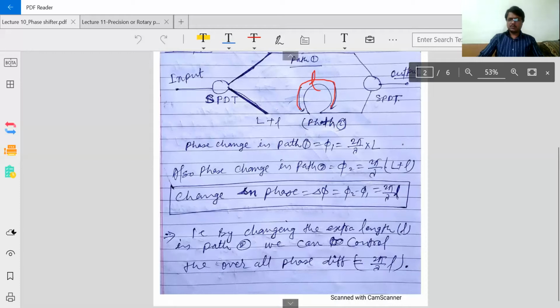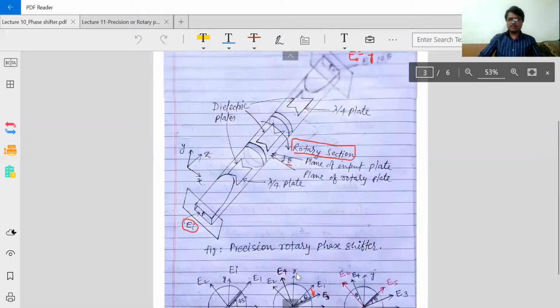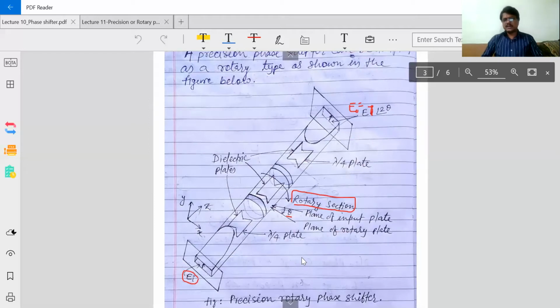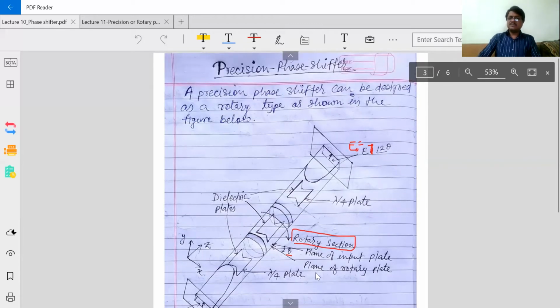Okay. One of the two concepts may be used to get the desired phase. In previous cases, we saw that we can get a constant phase shifter, let us suppose a 30-degree phase shifter, 20-degree, 50-degree, 80-degree, 90-degree, or 180-degree phase shifter. There may be different types of phase shifter depending upon the frequency we are providing to the input.